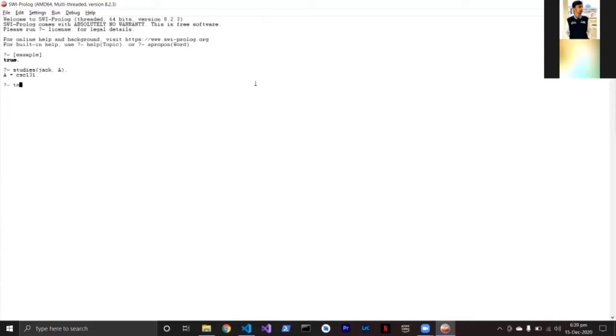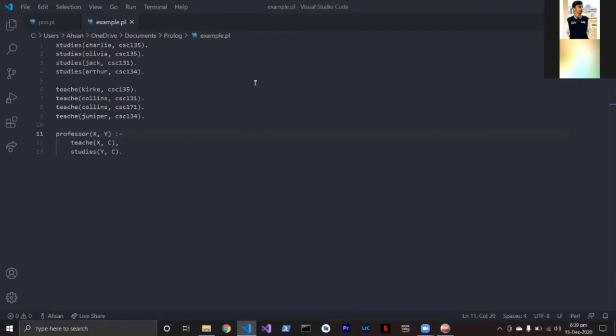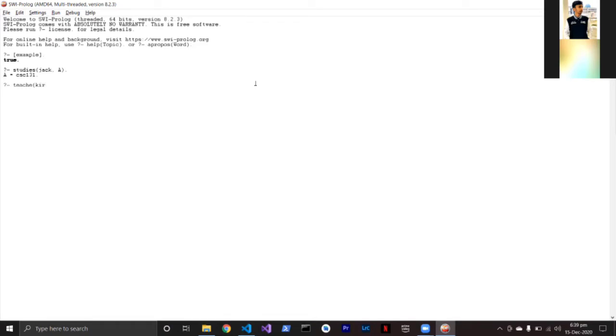Same goes with teaches. We can type teaches and pass it an argument like Kiki, and now we will get A equals CSC 135. This shows us that Kiki teaches CSC 135.